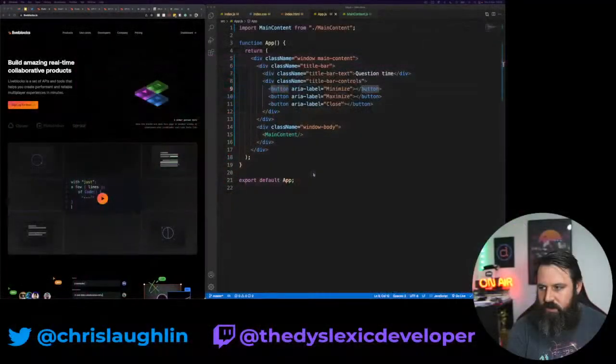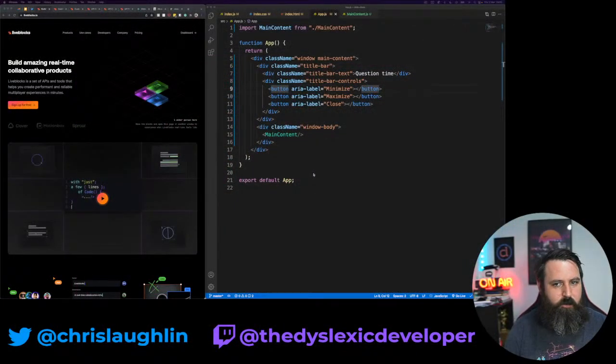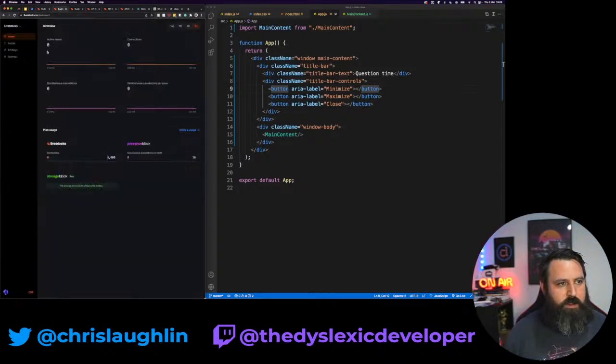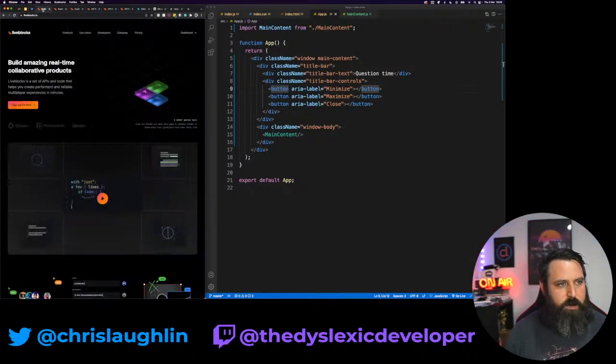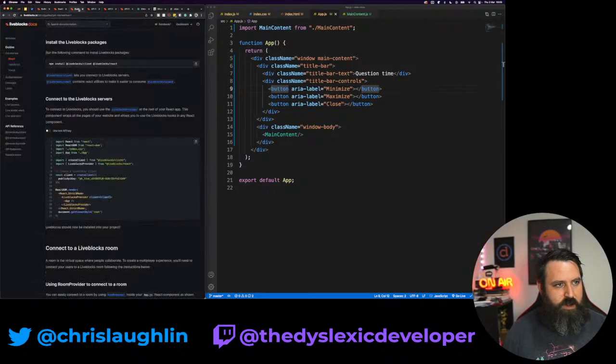So let's see, yep, my shortcuts work, so let's pull up the screen. I've already bootstrapped a Create React app, which is what we're going to be using. And I've got the Liveblocks documentation up here that we can use. You see me looking off to the side, I'm just keeping an eye on the chat. I've already signed up for an account and got everything going, because I have my own dashboard and everything set up. To kick things off, we're going to go through the getting started guide.